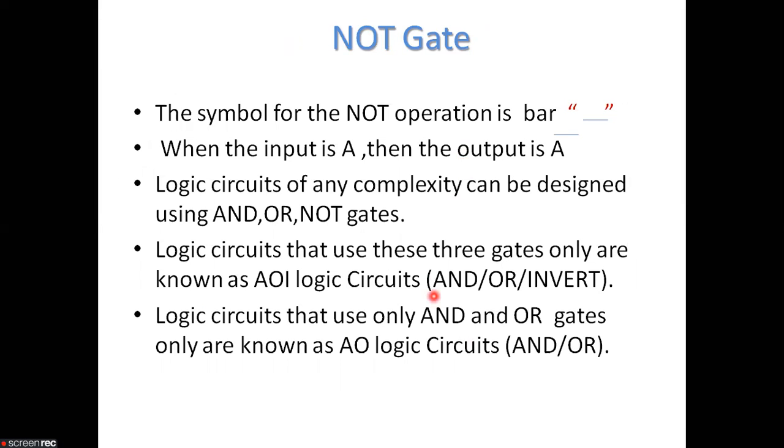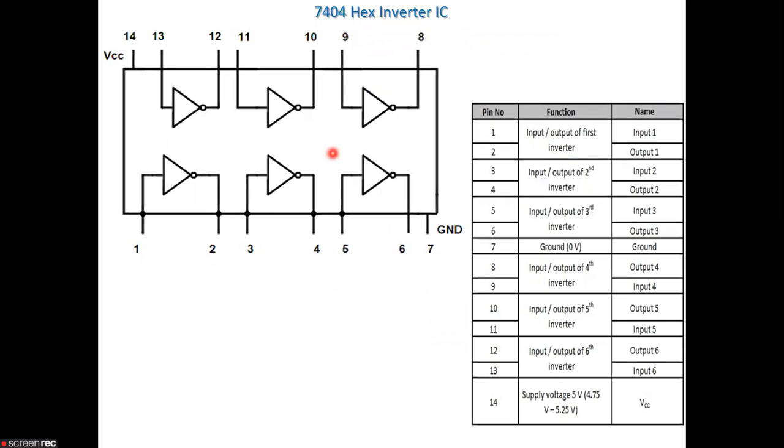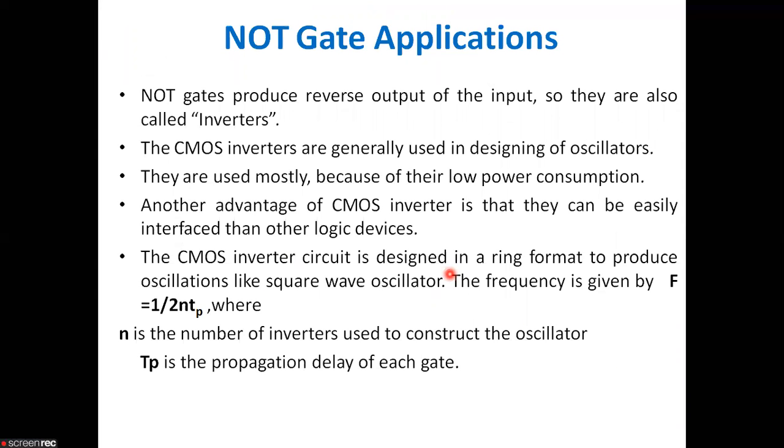Now there are two types of logic circuits, AOI logic circuits and AO logic circuits. AOI logic circuits are AND-OR-Invert logic circuits, and AO logic circuits are AND-OR logic circuits. As all logic circuits can be designed using AND, OR and NOT gates, these are known as the basic gates. This is the hex inverter IC, which consists of 6 NOT gates. This is the pin configuration, and after that we studied the NOT gate applications, which are also quite important in